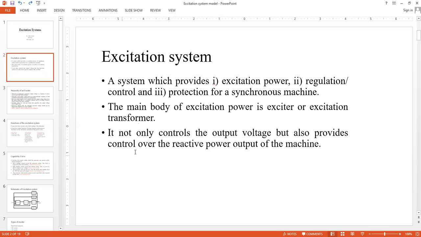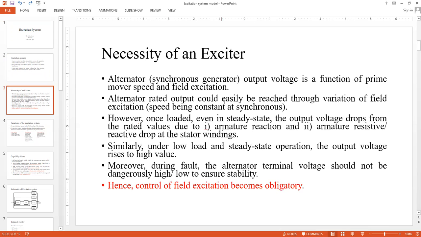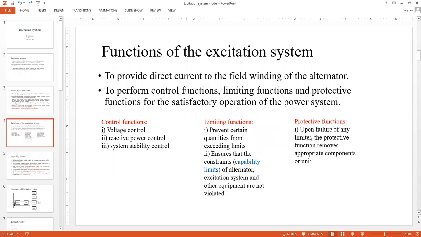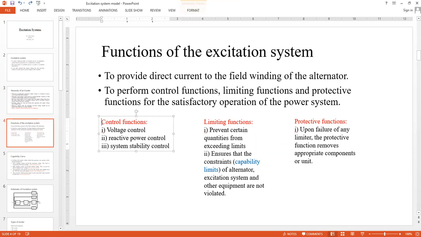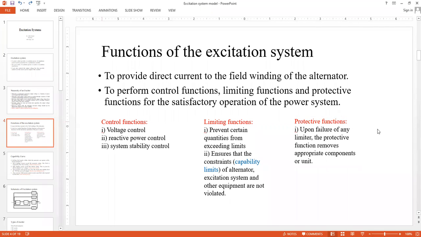So there are some basics related to the excitation system that I have just mentioned. This is the necessity of the exciter. You can go through that. These are the functions. As I mentioned, we have some control functions, some limiting functions, and the protection functions. Basically, once the limits are violated or about to be violated, and that is detected by the protective devices associated with your synchronous machine, then the protective functions should be energized, and that specific device or that specific part of your power system should be isolated